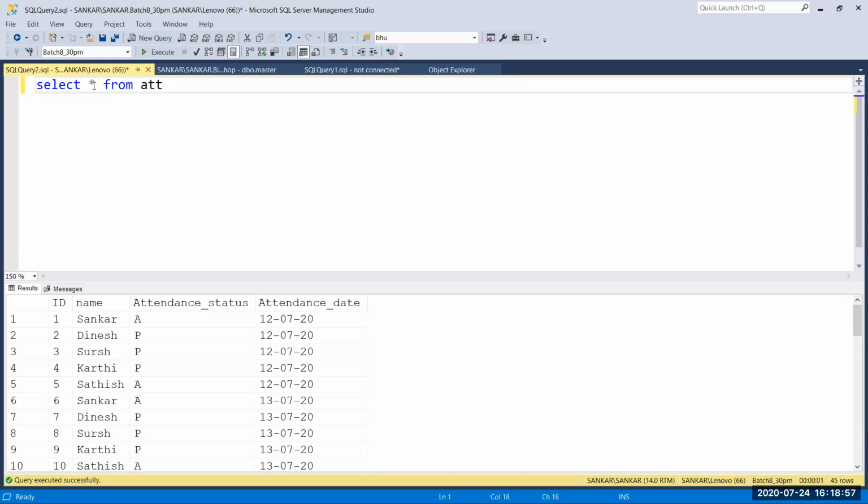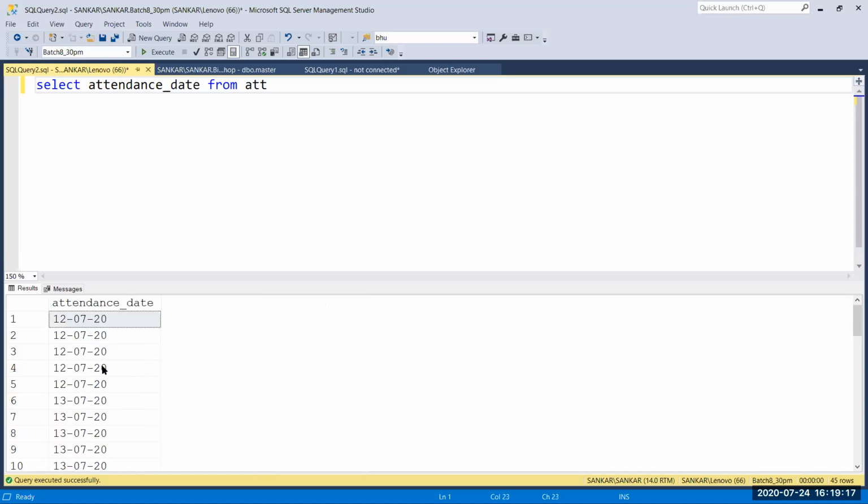Here I need these columns for my column conversion, so I'm going to give attendance date. I need those columns, but we have some duplicates here, so we have to shortlist it.